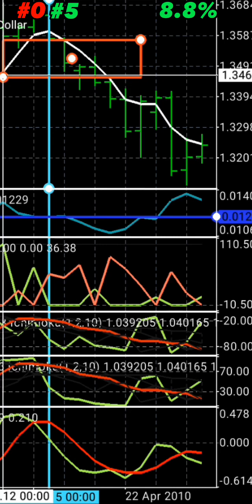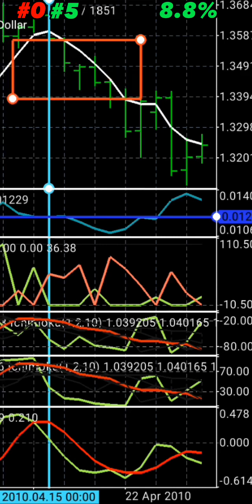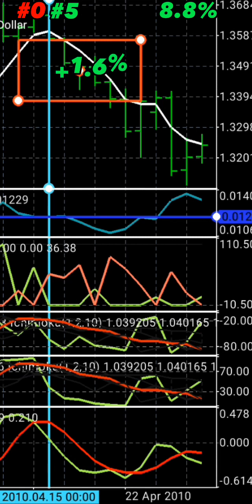And then we'll lock in our first 1%. That's when the first half of the trade, the take profit, gets hit. So we'll lock in the first 1% there, and then the second half will exit there due to our indicators